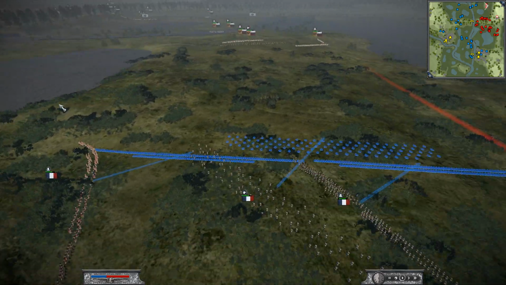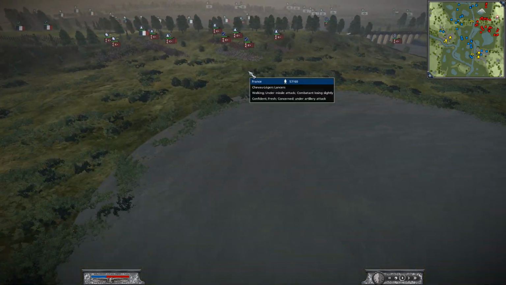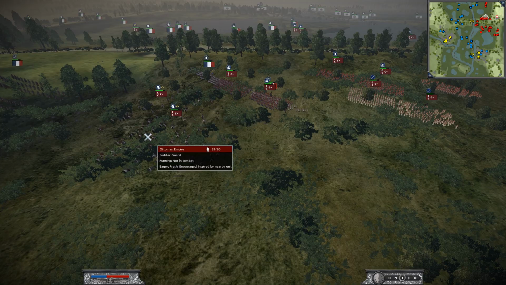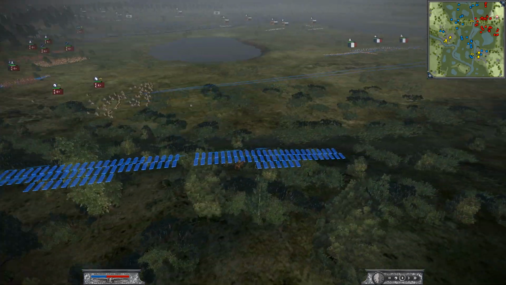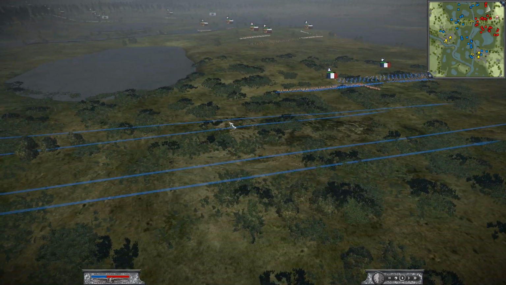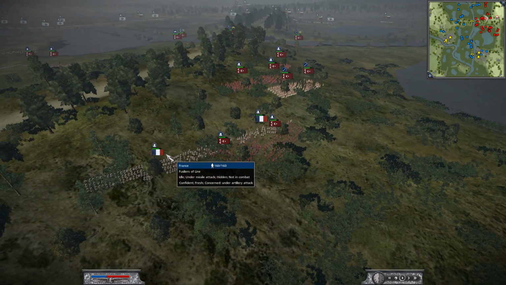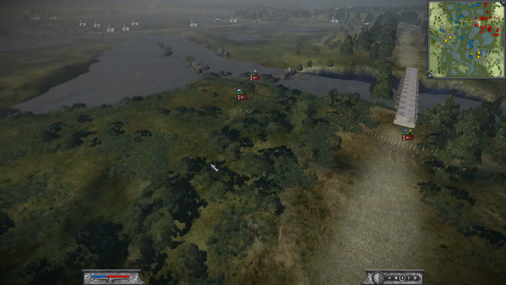I'm gonna hold in this choke point and really just try and hold as long as possible and buy time. It was just now that I told him that they were past the bridge. So he's sending his cav over. I'm sending my cav over right here. He's also sending his infantry. I'm keeping my infantry here to reinforce any